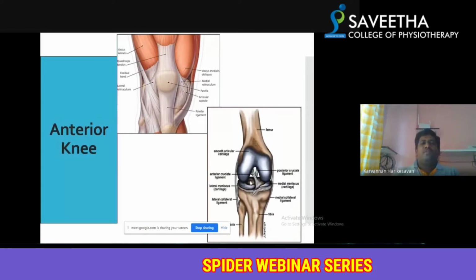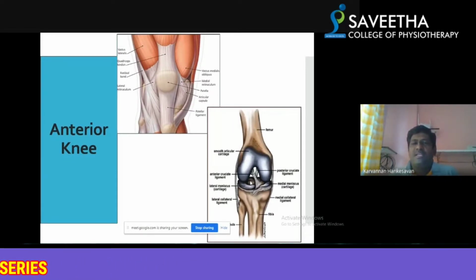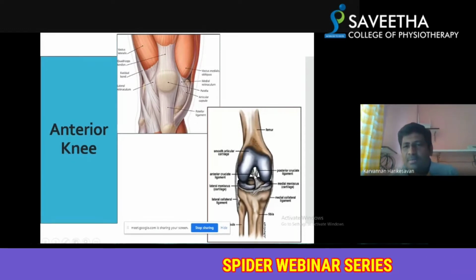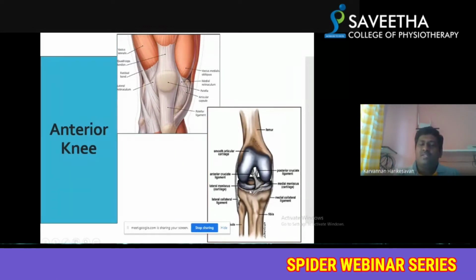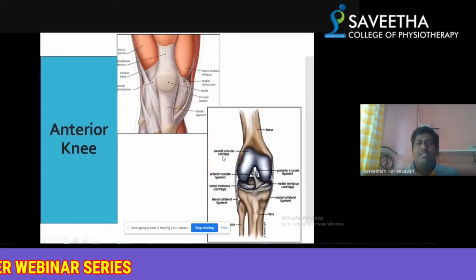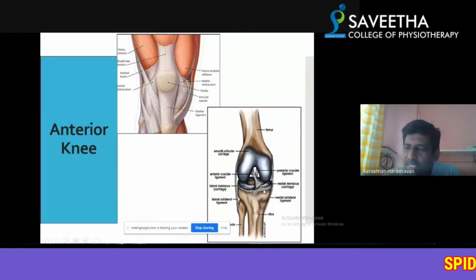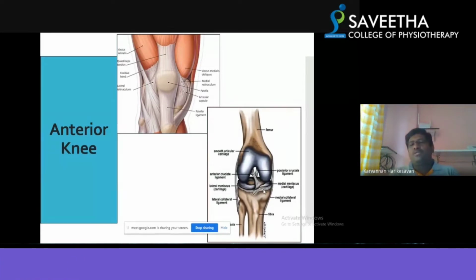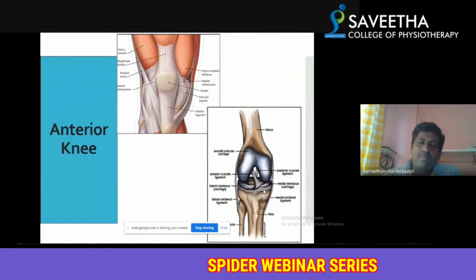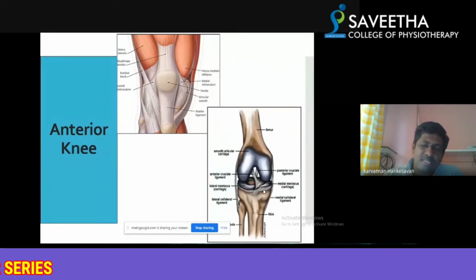If you look at the anterior knee, the stability of the knee relies on the ACL. The ACL works as a primary restraint to the anterior translation of the tibia in relation to the femur, and it is also a secondary restraint to internal rotation of the tibia in full extension. The anterior knee stability is not only from the ligament; there is also some static stability due to muscle contraction. That is what we term functional stability, which is aided by the sensation transmitted through the mechanoreceptors present in the ligaments.